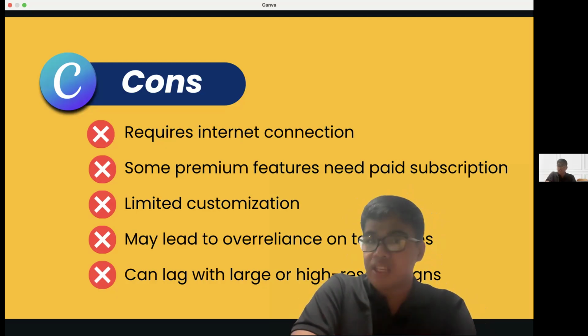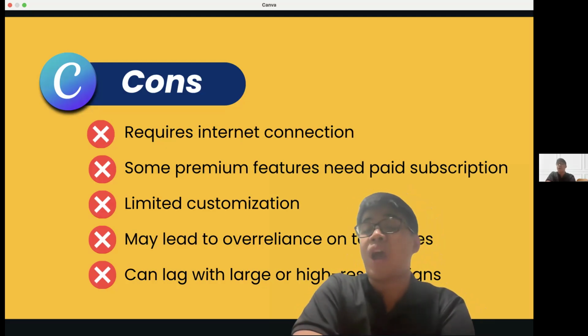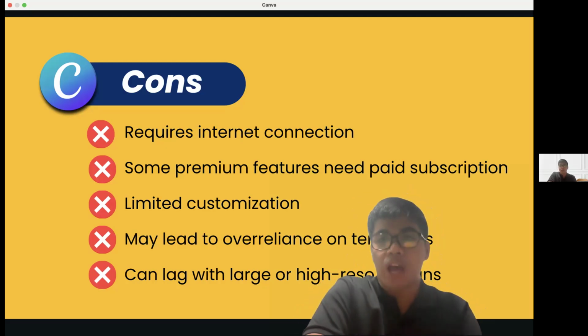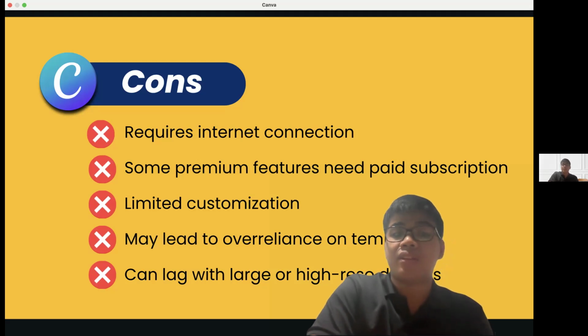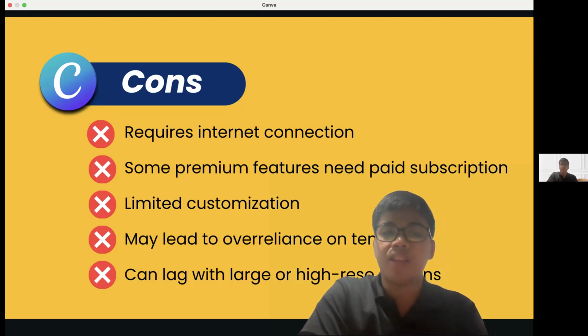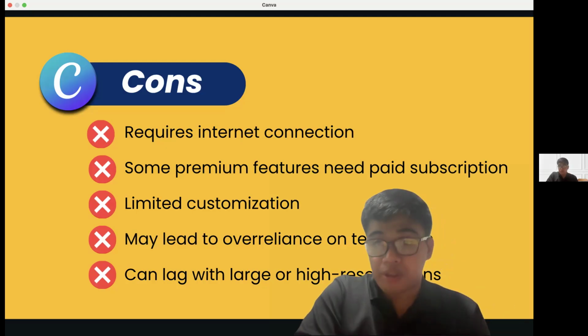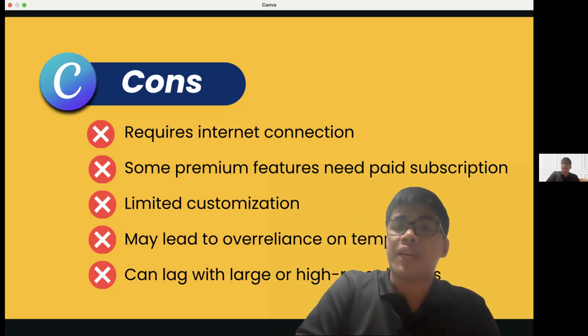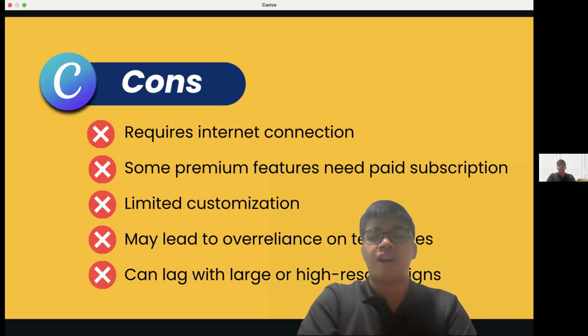But the thing is, it belongs to premium features, meaning you have to subscribe to Canva. Another con is limited customization. Just like what I've said, some of the features are premium and you need to pay for a subscription. Meaning, it limits the customization of the user or anyone who is using Canva.